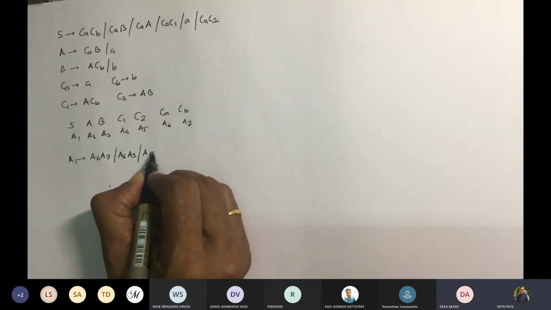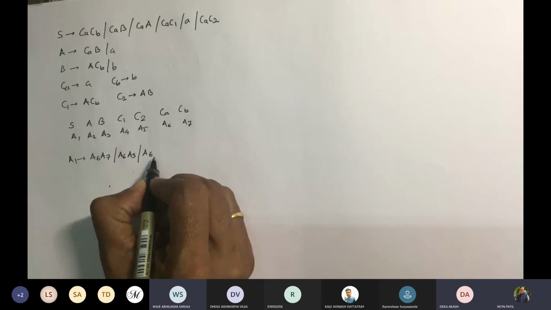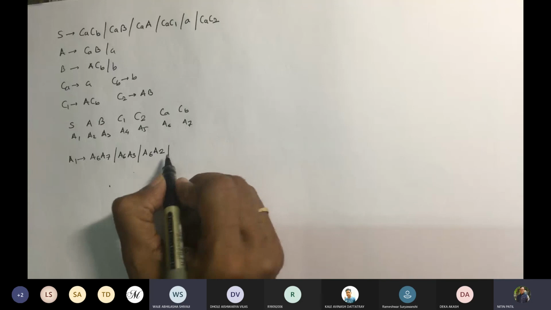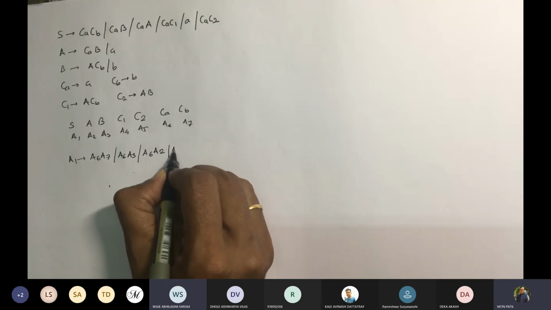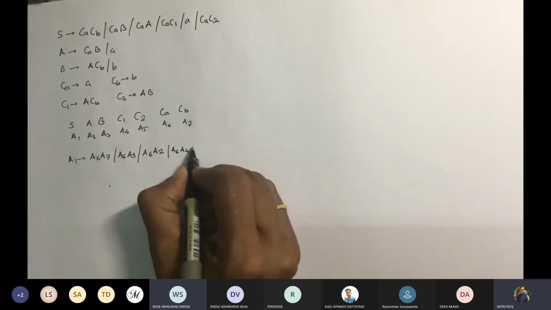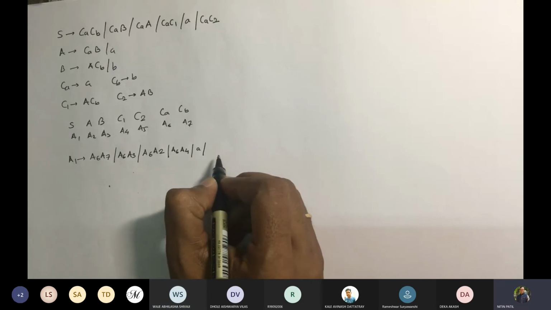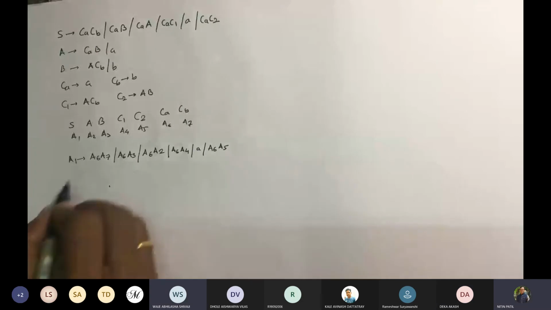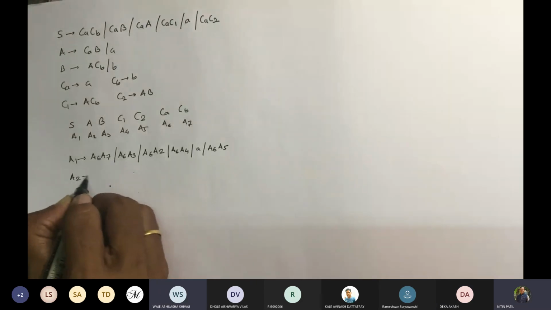तो A1 use CACB मतलब क्या आएगा? पहला production क्या है? A6 A7 CAB, A6 A3. Very good. CAA, A6 A2. A2 ना, हाँ हाँ A2. A6 A2 CAC1, A6 A4. Very good, ये small है वैसे लिखेंगे. CAC2, A6 A6 A5. करेक्ट, ये हो गया A1 का. A2 के लिए क्या आएगा?